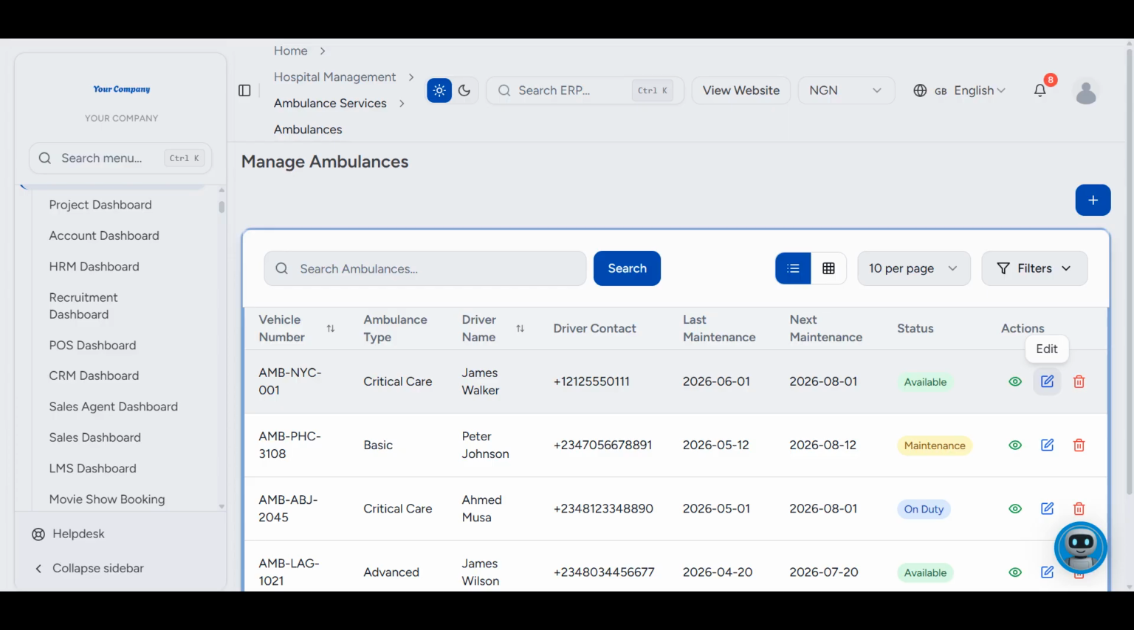You've just learned how to add an ambulance, capture its vehicle, driver, and paramedic details, and record its equipment, maintenance